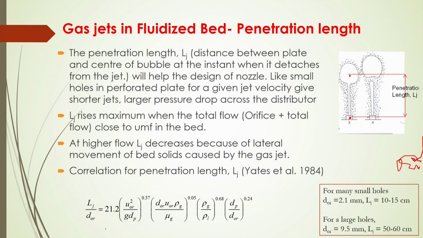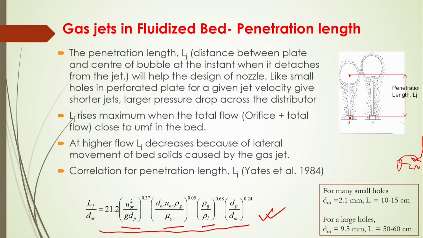The correlation is like this. They have considered the ratio of LJ to DOR as a penetration ratio. This penetration ratio is a function of these dimensionless groups: Froude number, Reynolds number, the ratio of gas to liquid density, and the ratio of particle to orifice diameter. So, from these correlations you can calculate the penetration length inside the bed at the region of